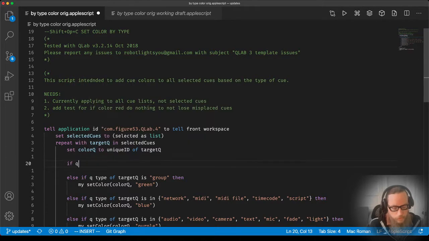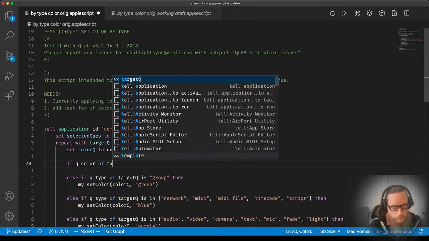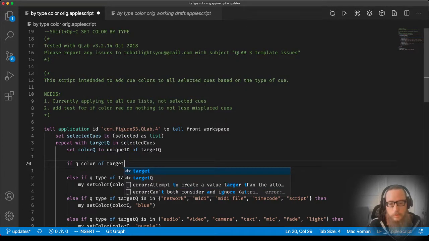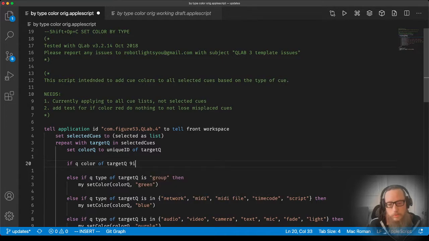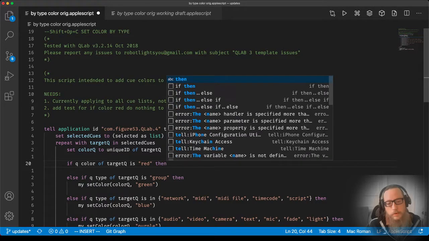So we'll say if Q color of target Q is red, then